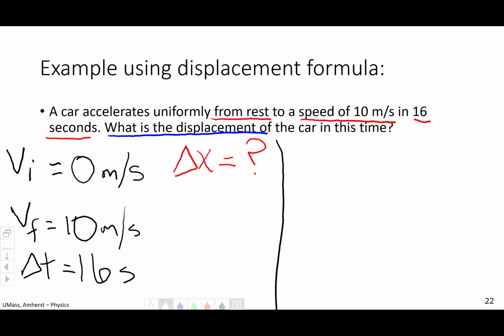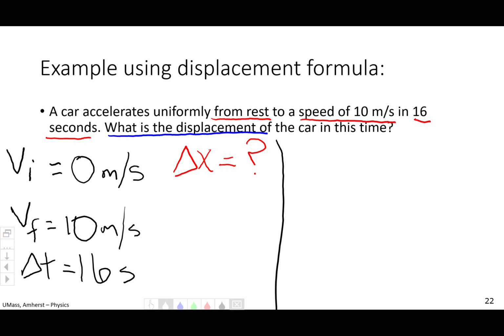So now we have our list of information, and we've identified what we're being asked to find. Let's use the remaining white space over here to put together some equations. You may know, because I'm telling you, that we're going to use the equation we just saw to solve this problem, but that's not always the case. So it's good practice to write down multiple equations when you are asked to solve a problem, because in my opinion, seeing them all in a bank allows you to better suss out which one is the most appropriate. It also allows you to do the sanity check where you check off the information in the formula that is provided by the problem, so you can find out whether or not you have enough information to solve it.